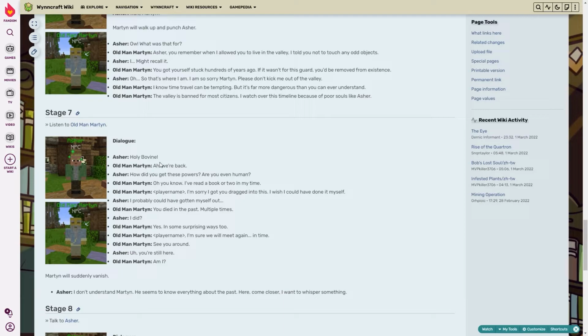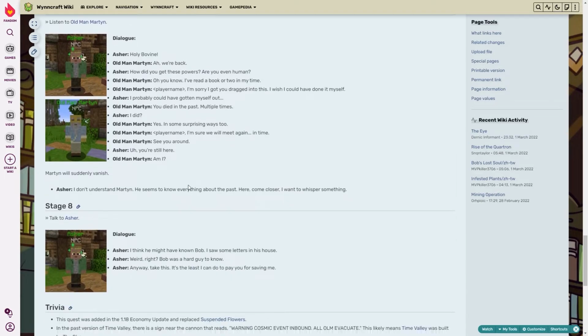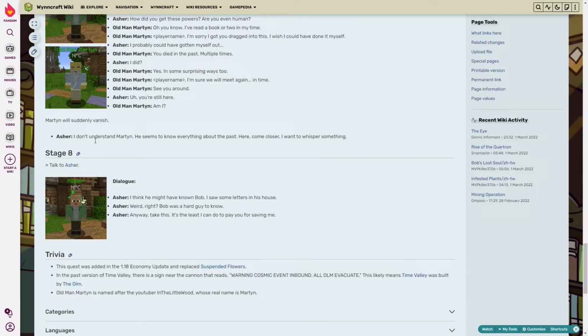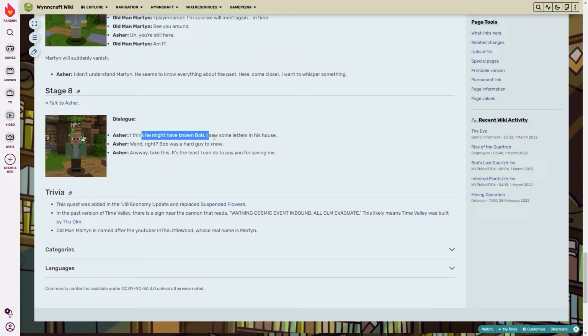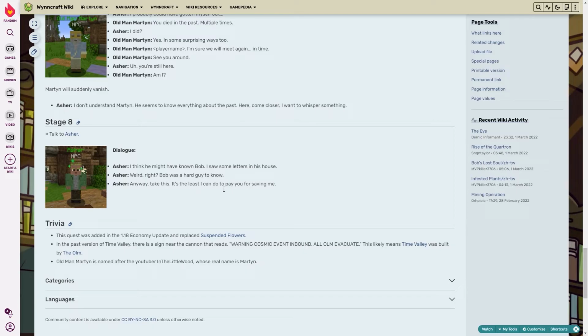And he's like, see you around. Asher's like, you're still here. Martin's like, am I? And then he just vanishes. And then Asher's like, I don't understand Martin. He seems to know everything about the past. Here, come closer. I want to whisper something. I think he might have known Bob. I saw some letters in his house. Weird, right? Bob was a hard-to-know guy. Anyway, take this, and he pays us for our service,